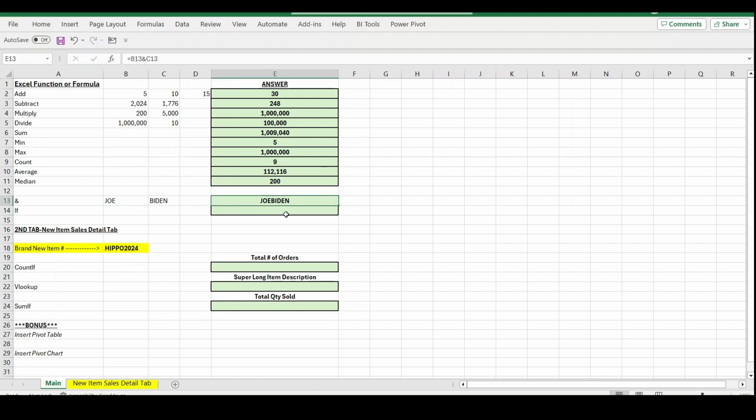Now you can see it did do what we wanted, but it didn't insert the space there. So in order to get that space in there, you just simply click next to the and sign, insert the quotation marks, space, quotation marks, and then another and sign, and then hit enter, and there you go, you have